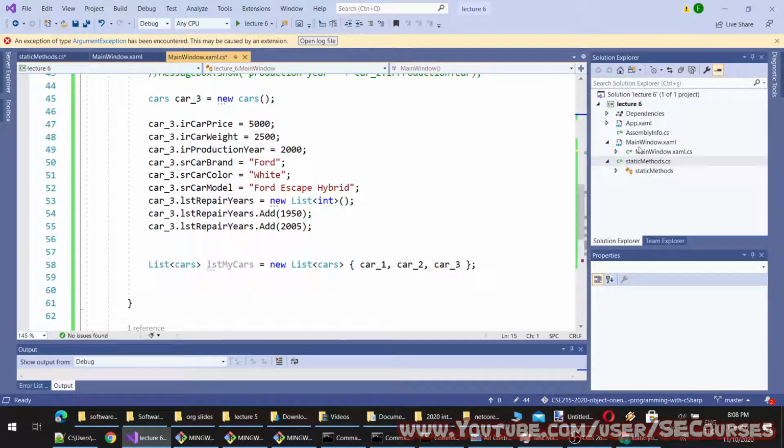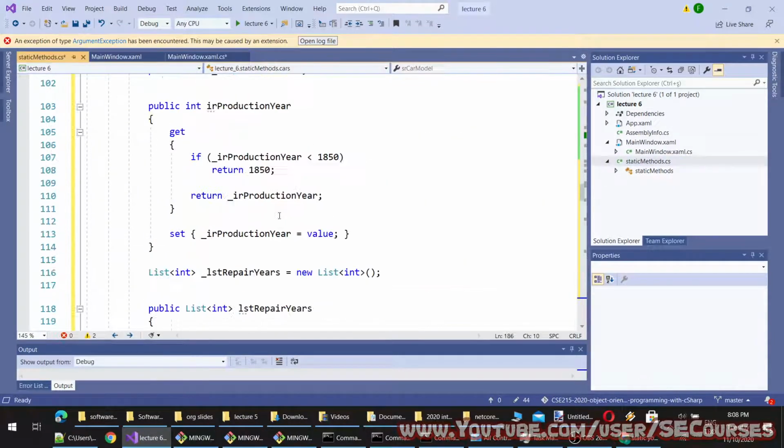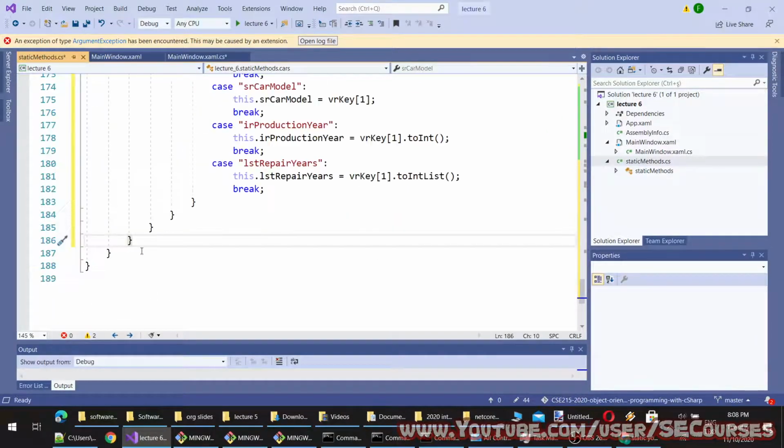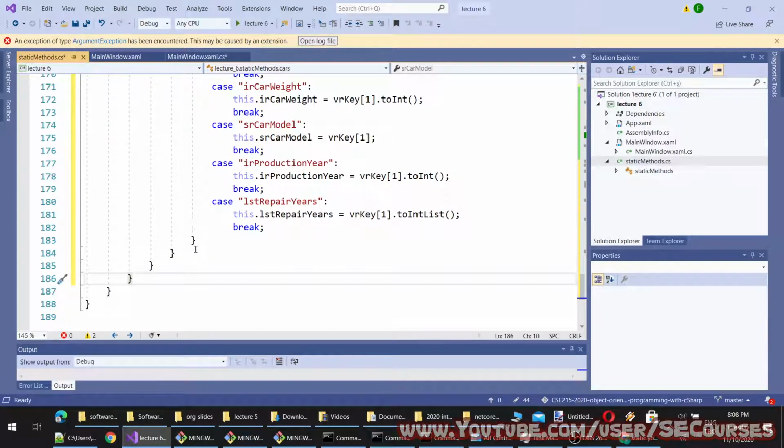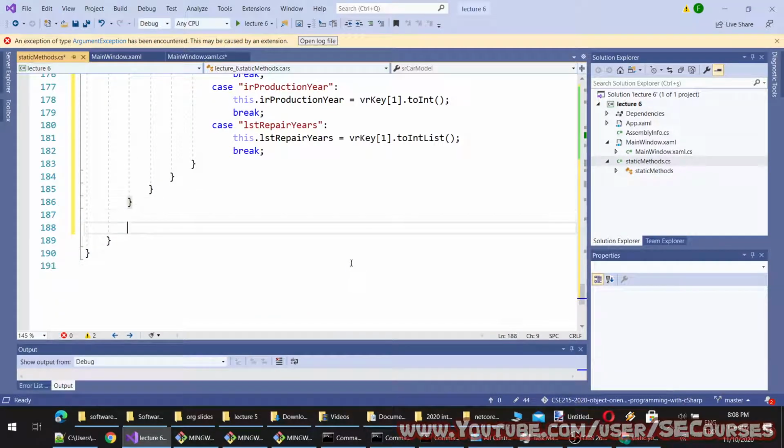And now I am going to write an extension of list of cars. It will be like this. Let me show you. Public, cars list.